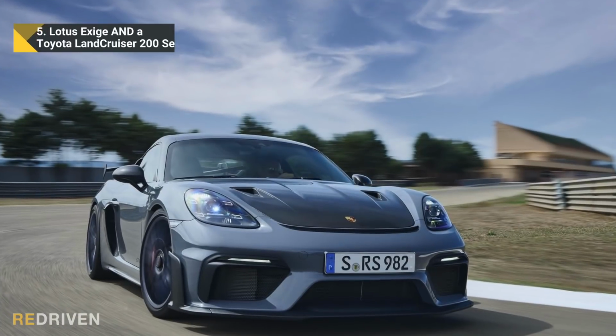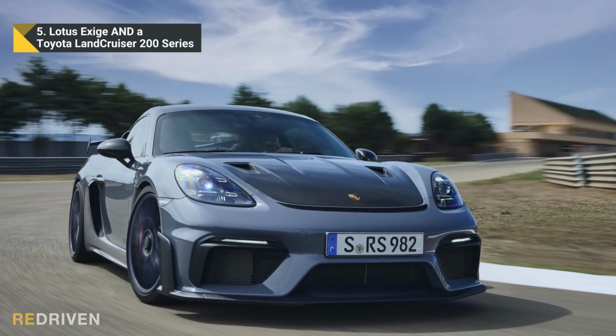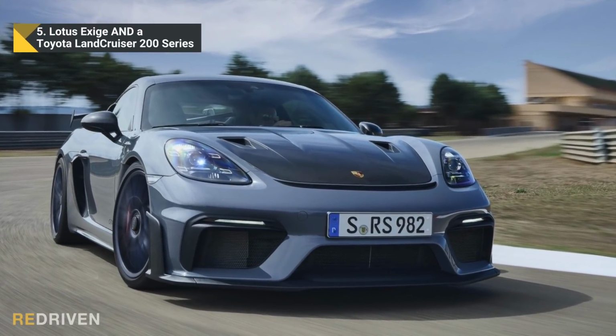Okay, kicking things off, we're going to start with something a little bit different. Actually, it's a couple of things that are a little bit different. Because for the same price as a GT4 RS, you can also have a Lotus Exige and a 200 series Land Cruiser. See, it's all good and well to have a track-focused, supercar-destroying sports car, but to really get the